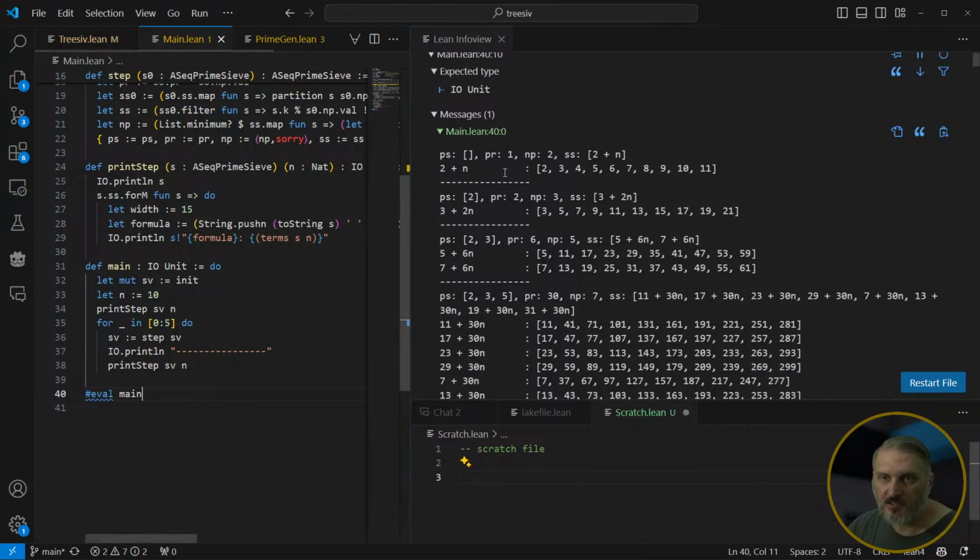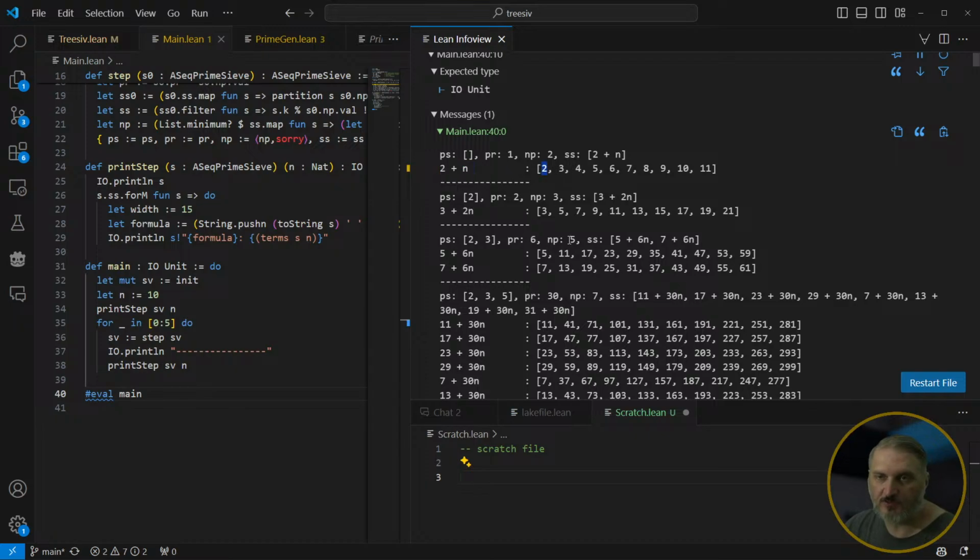the way that works is, see that it's using a bunch of arithmetic sequences. Starting with the numbers 2 plus n, so just every natural number greater than or equal to 2, and it's partitioning that at every step. The first one of these is a 2, the number that hasn't been marked off yet. So in our initial state, we mark that as a prime and add it to the list of primes, and then